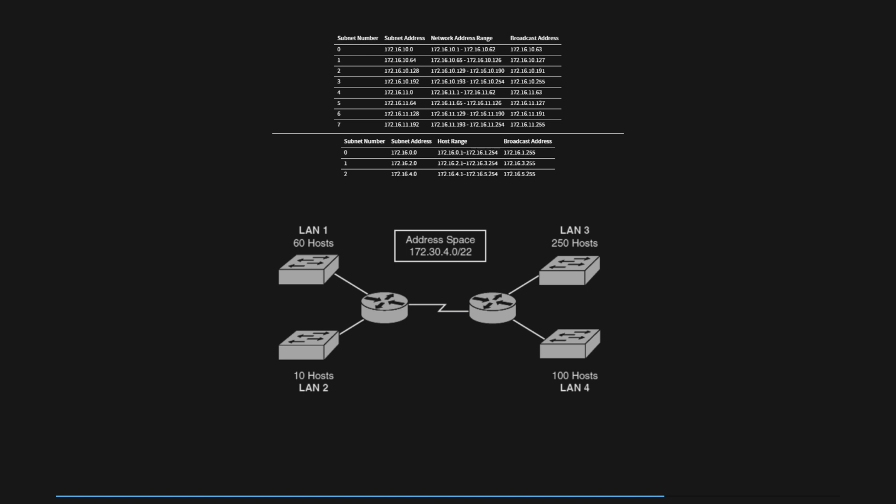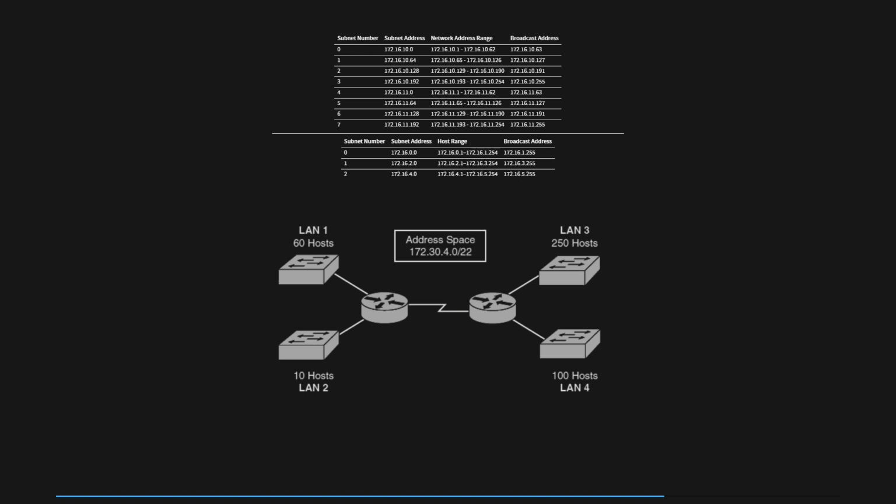VLSM allows for customized subnets tailored to specific network requirements. The subnetting process remains the same. However, it needs to be performed multiple times to achieve the desired addressing scheme without overlapping address spaces. The recommended approach is to begin with the largest host requirement, create a subnet for it, and subsequently address the